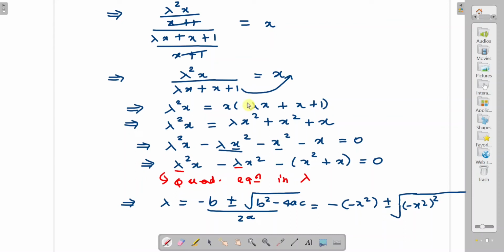Okay, so minus 4ac, so minus 4 times a, which is x here, and multiplied by c. What is c? It is minus x square plus x. So I want to write here, I need more space, let us write it again. Okay, so